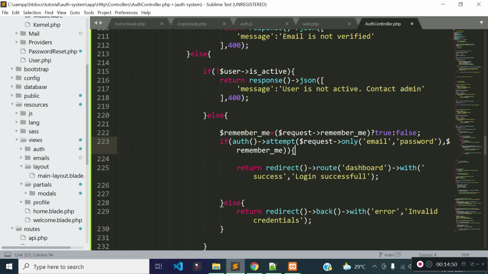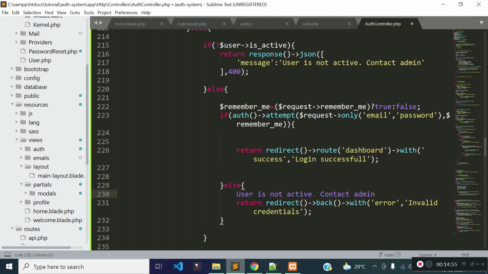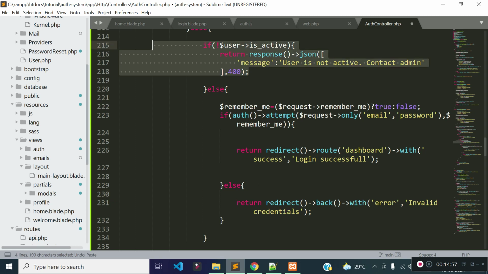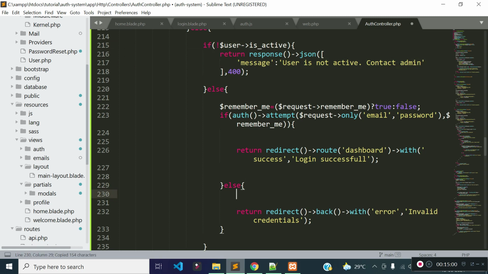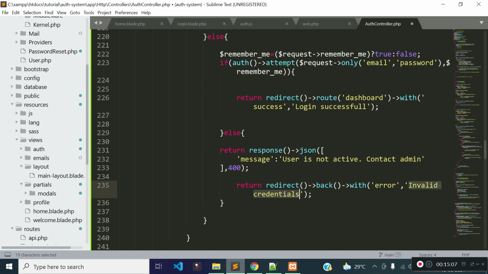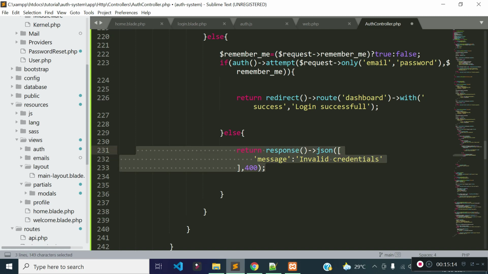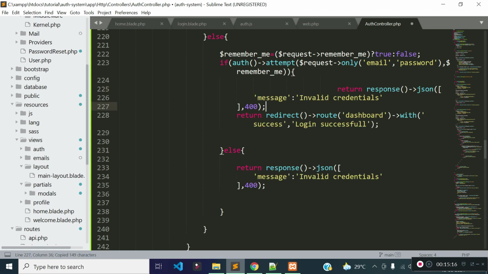Okay. And if the user credentials don't match, then I will similarly return a message with status code 400, the message will be invalid credentials. Let's paste the message here, and if credentials are correct, then what I will do, I will return a message of login successful, and the status code will be 200 here,